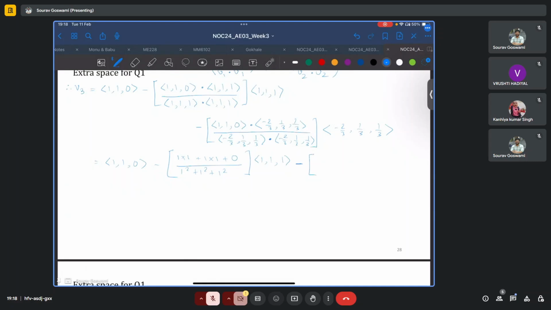minus (minus 2 by 3 into 1 plus 1 by 3 into 1 plus 0) by (minus 2 by 3 square plus 1 by 3 square plus 1 by 3 square) times (minus 2 by 3, 1 by 3, 1 by 3)